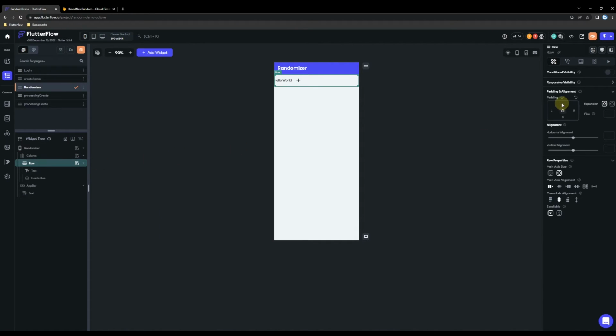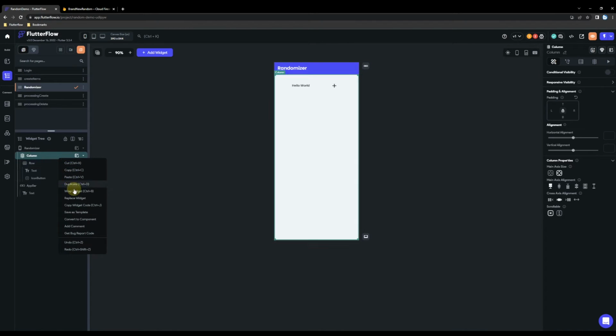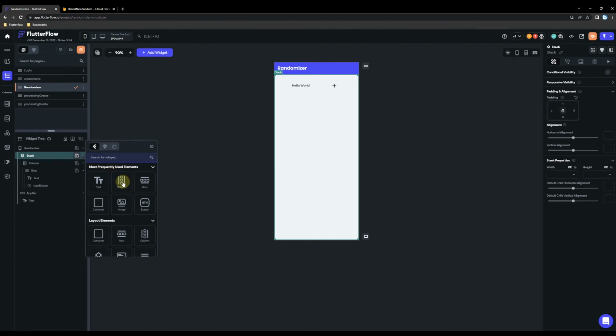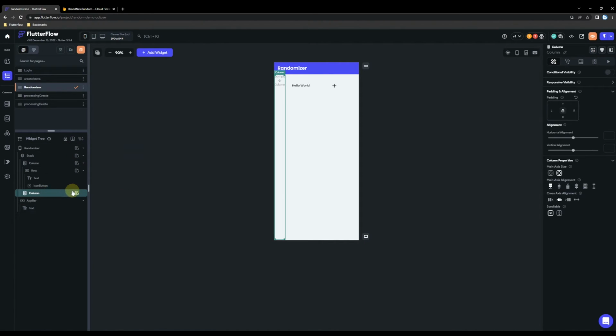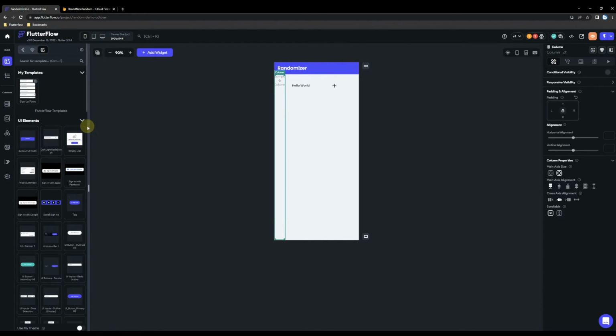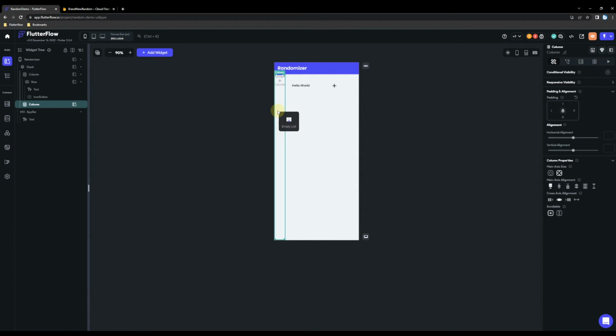Move the whole row down a bit, align the elements whatever way you see fit. We need to go to the screen level, because now we want to display something in case there's no more items left. So we need to right click on the main column, select wrap widget, stack, then add another column to the stack, and in this new column we want to put in one of the pre-made templates, and we're gonna look for empty list. I'm gonna drag that in there,